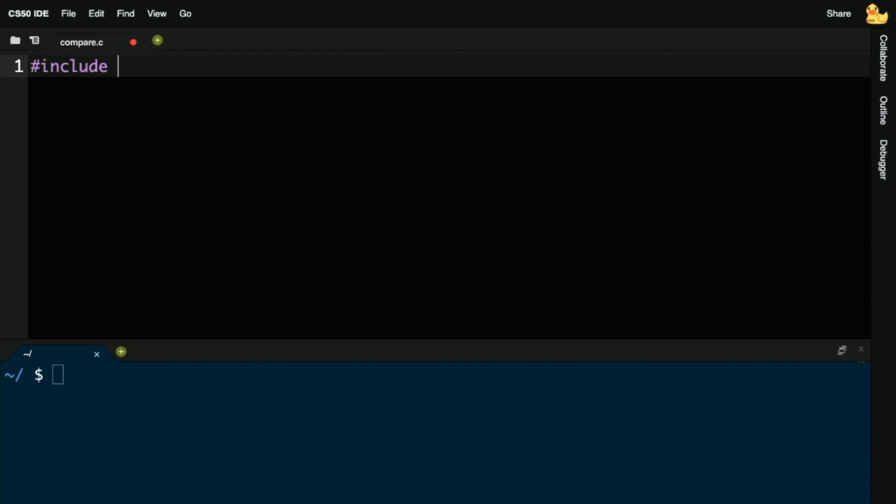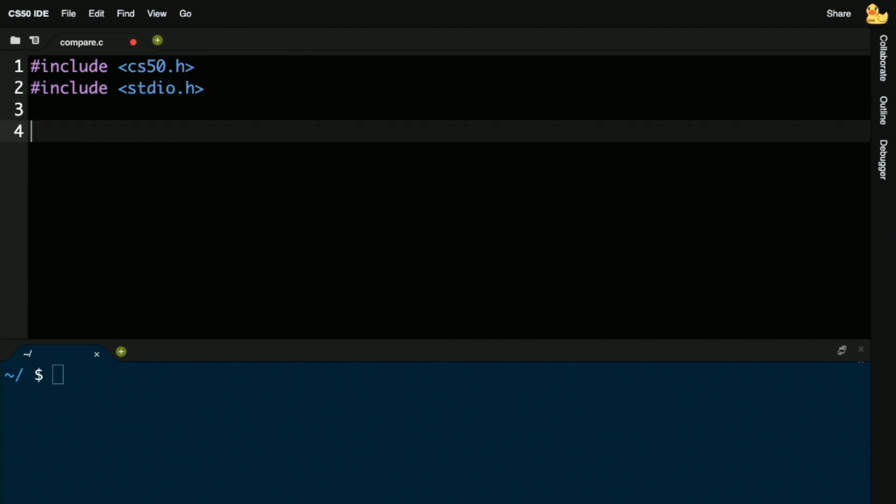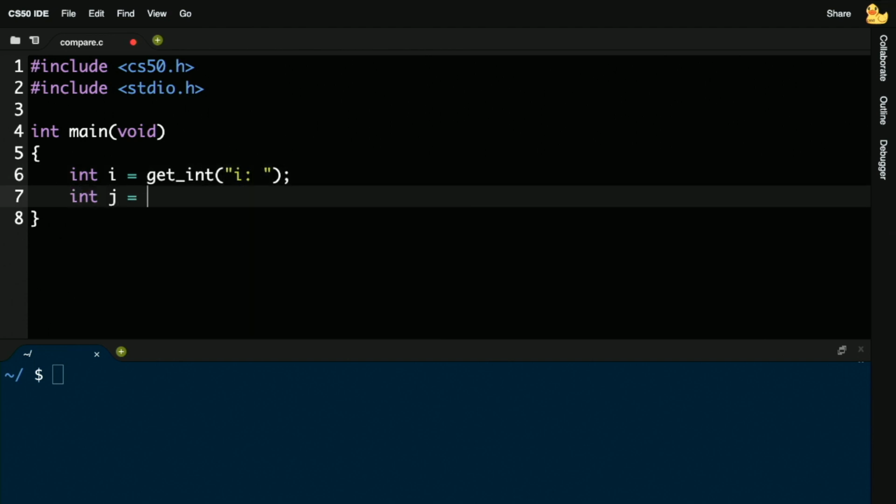I'm going to go ahead and include cs50.h, not because I want string per se anymore, but because I want to use getString just for convenience. But we'll take that training wheel off in a bit too. And in this program, I'm going to keep it simple and start with getInt. I'll ask the user for a variable i, and let me do another getInt and ask the user for a value for j.